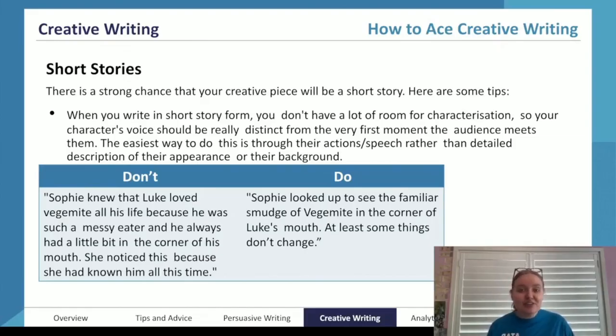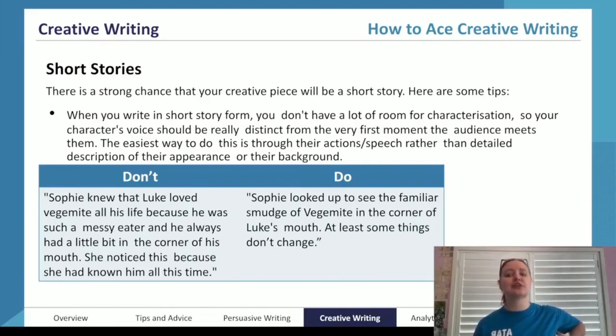You don't have a lot of room for characterization, so your character's voice needs to be really distinct from the very first moment that audiences meet them. You want their characterization to be evident in their actions and their speech rather than any detailed descriptions of them. So don't write, Sophie knew that Luke loved Vegemite all his life because he was such a messy eater and he always had a little bit in the corner of his mouth.